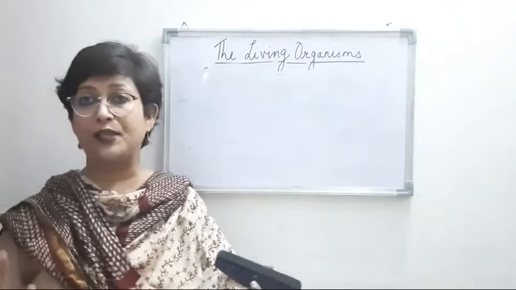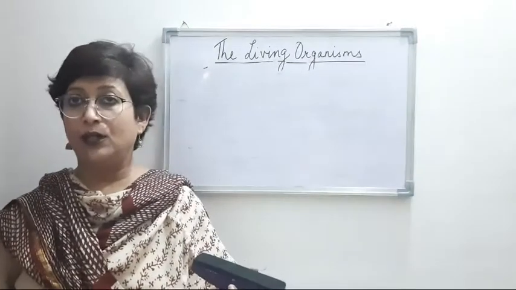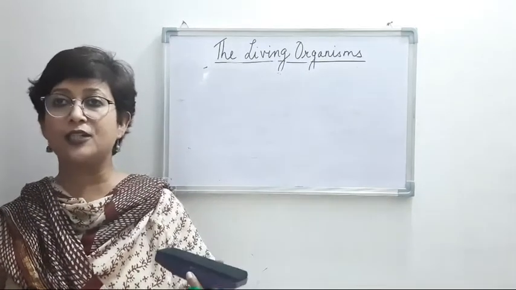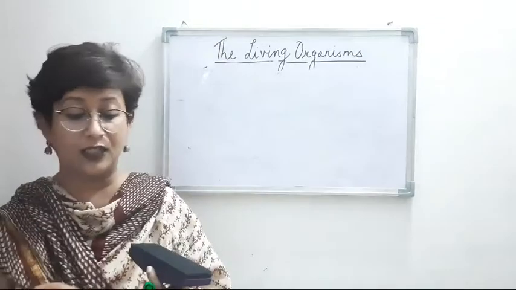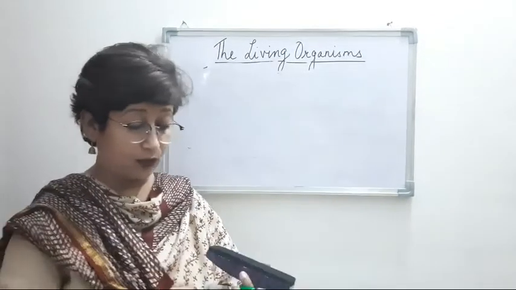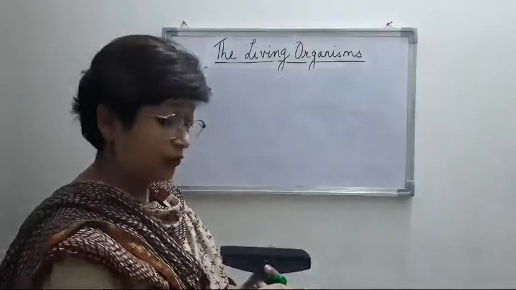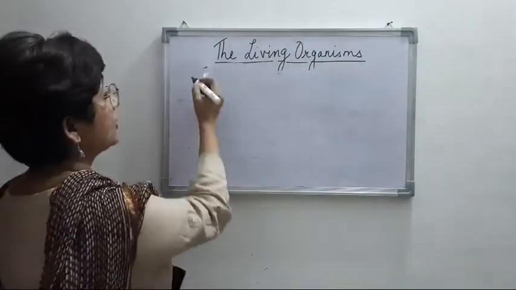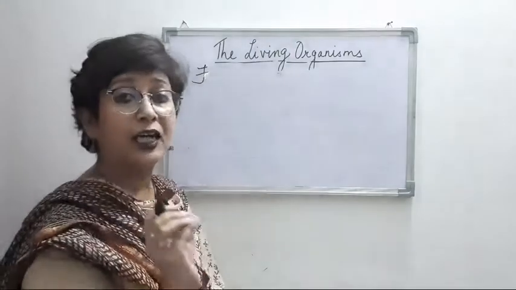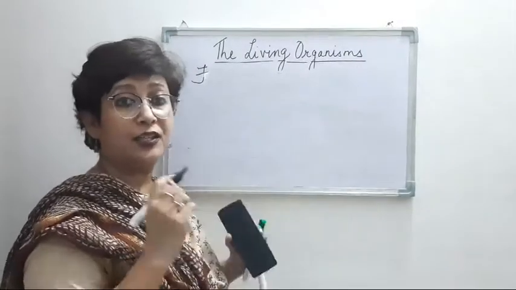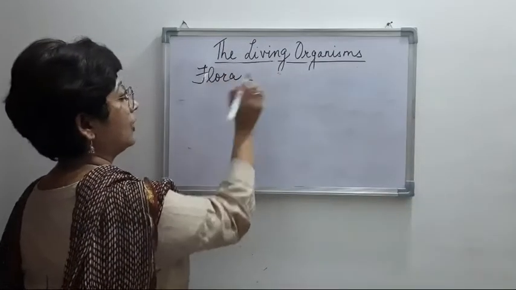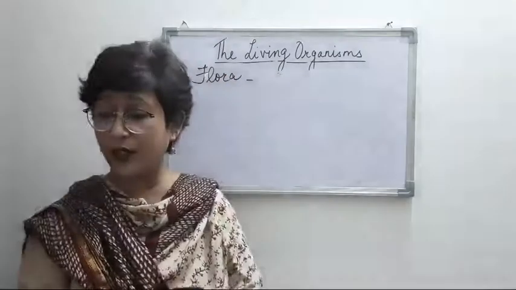Aids without the specimens. So again here, the aids without the specimens, the first aid that we will talk about is the flora, right? So the first aid without the specimen is flora. I told you the taxonomical aids without specimen, they contain the data about various living organisms. So here this is the flora, right? So what is this flora?